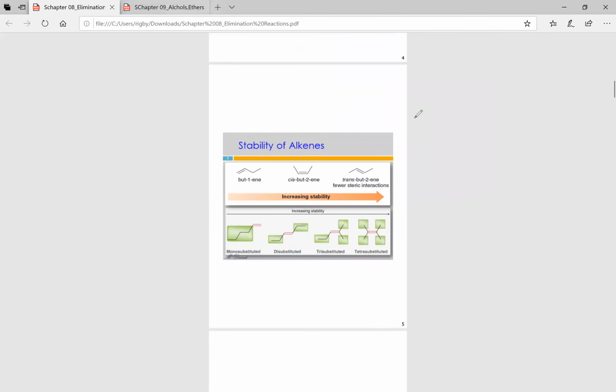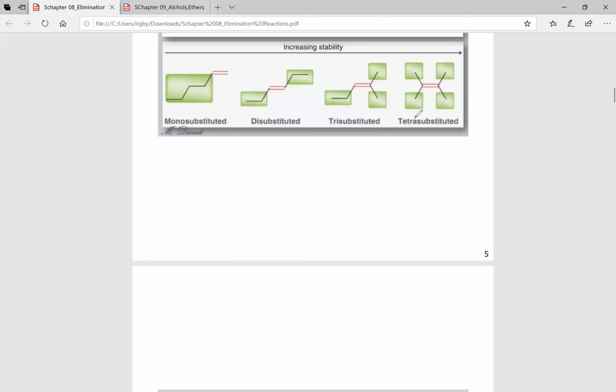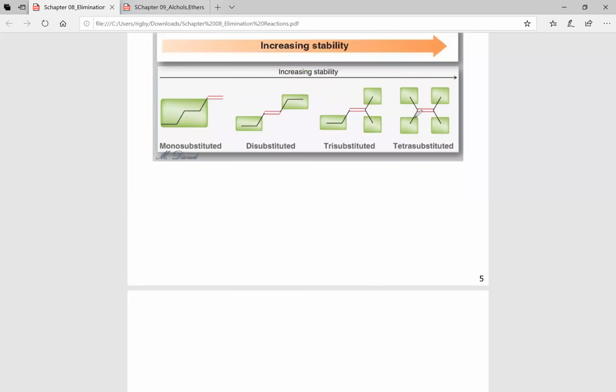So now let's talk about the stability of alkenes when we make our elimination reaction. Let's say that I have my leaving group right here, and let's say that we're doing an E2 reaction. I'm not going to specify what my base is. The only reason I'm saying we're doing an E2 reaction specifically is so I can show you everything happening in